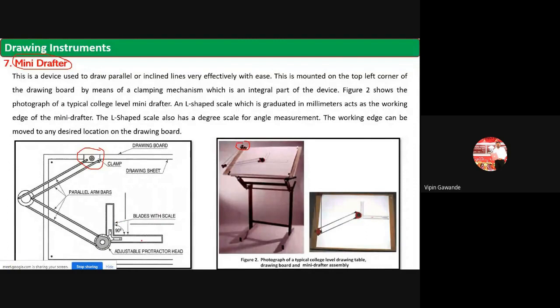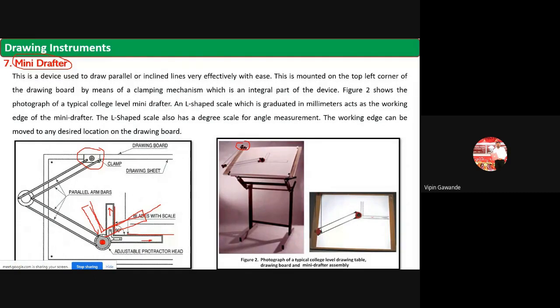Okay, so this is the horizontal scale, and the vertical scale has the markings, and we can draw horizontal lines and vertical lines here. If you want to draw inclined lines, you can rotate this scale on this axis, and then we have to fix it with the nut. Okay, so here one nut is there. So you can fix and unfix. That means you can rotate it and then fix it. Then we can draw a line something like this, this type of line.